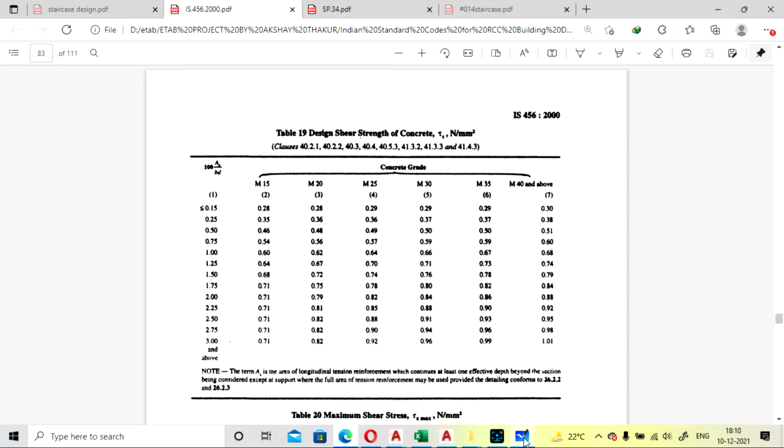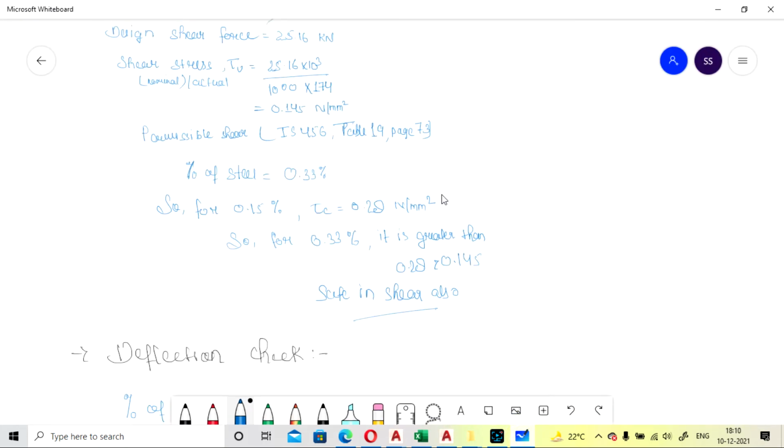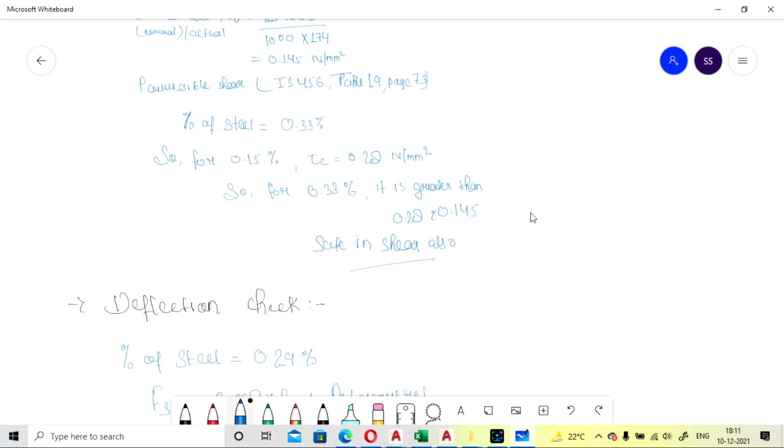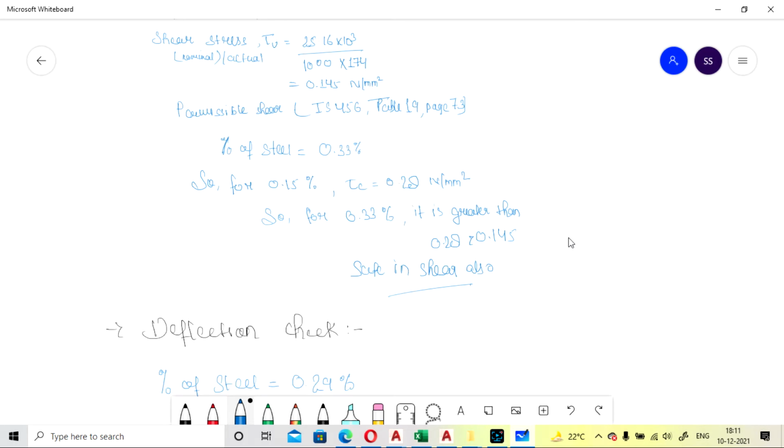There we have already done the interpolation for the slab and the staircase design. Okay, so our tau c is greater than 0.28, so our design shear strength is more, so this will also be safe in shear.